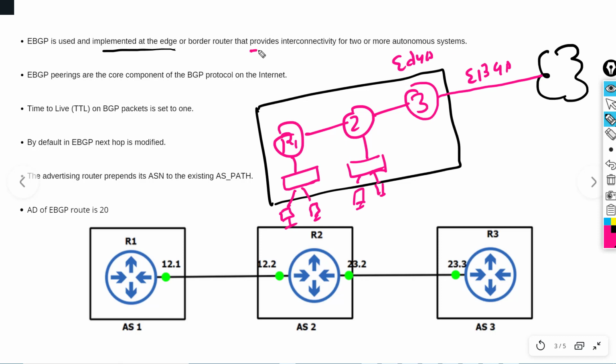That provides the interconnectivity between two or more autonomous system numbers. eBGP peerings are a core component of the BGP protocol on the internet side. Without eBGP, you cannot reach from one location to a different location. For example, if you are present in the Bangalore location and you need to access Google.com or Facebook.com, without eBGP it's not possible. You have to run eBGP. Now,